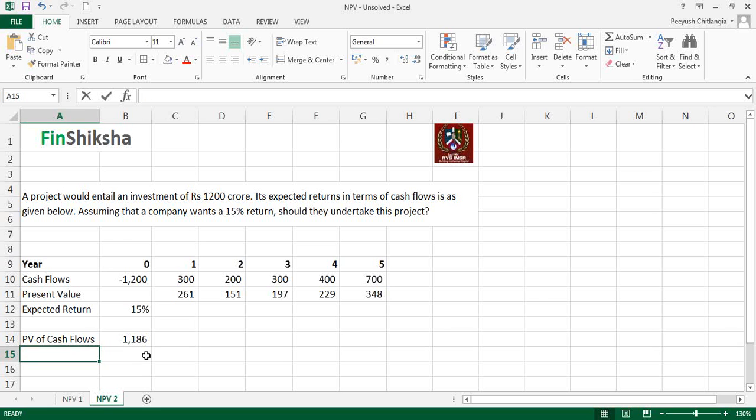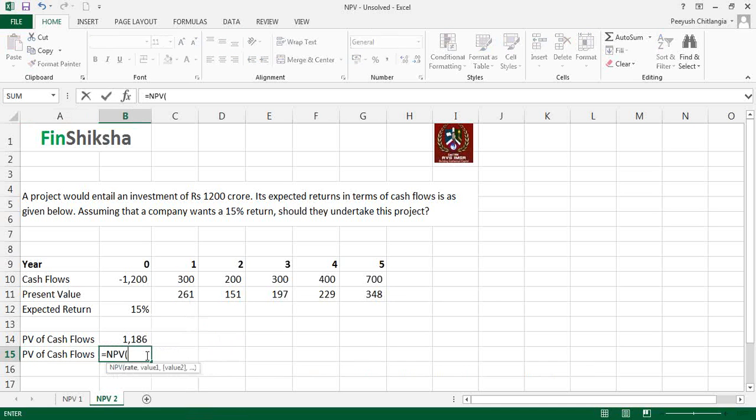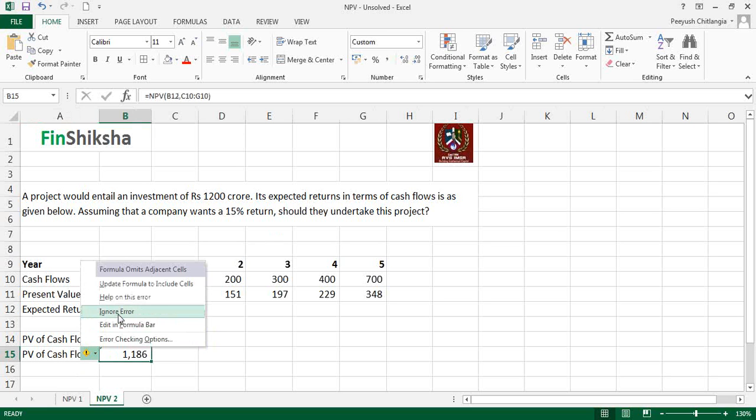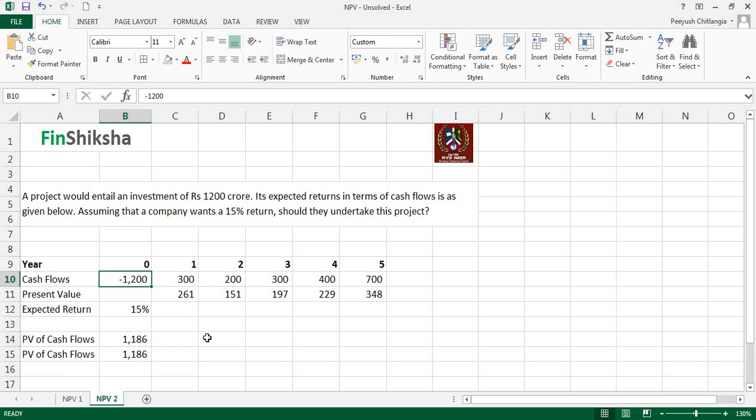We can also find the present value of the cash flows using the NPV method, which is 15% comma this series of cash flows, and that also works out to 1186. I'll remove the currency bit here, and that works out here as well, right? It says some error because it is removing this cell. Now technically you could also do NPV using all these cells together, but that's an important premise that you need to understand in